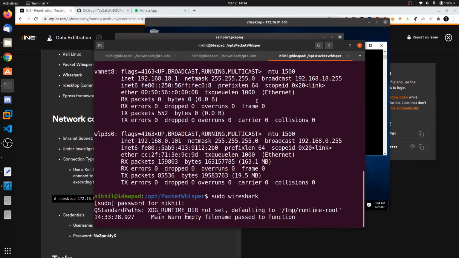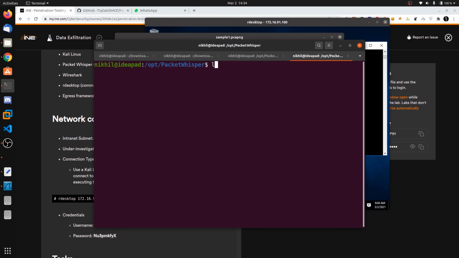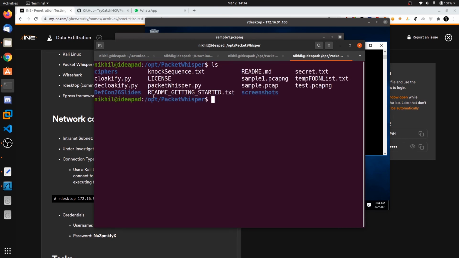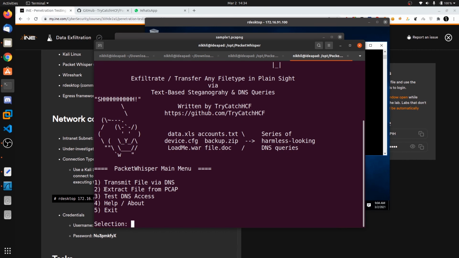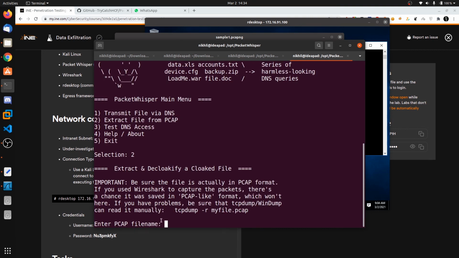Now we need to run the same Python file, python2 packetwhisper.py. Now we need to choose the second option, that is extract file from pcap. Say 2 and the pcap file name, that is sample1.pcap.